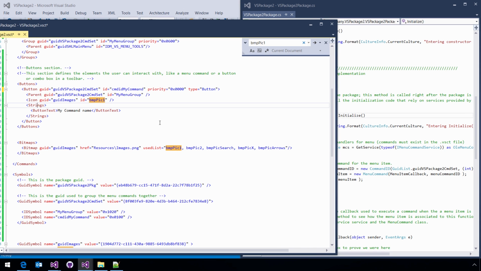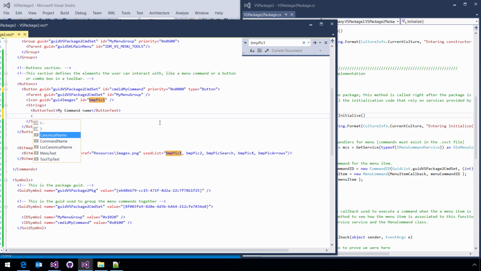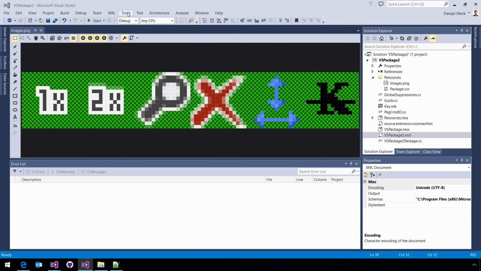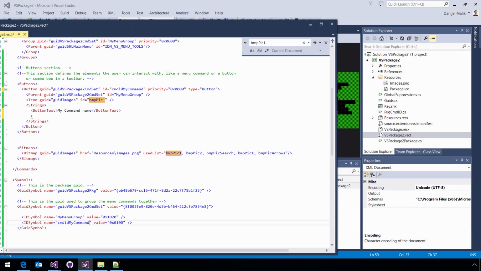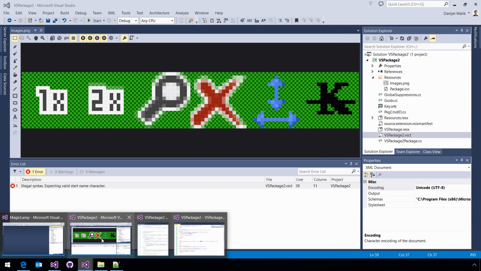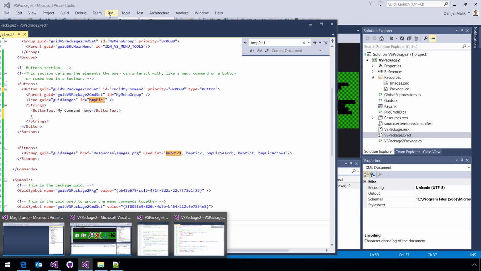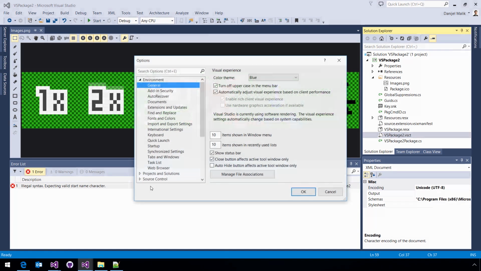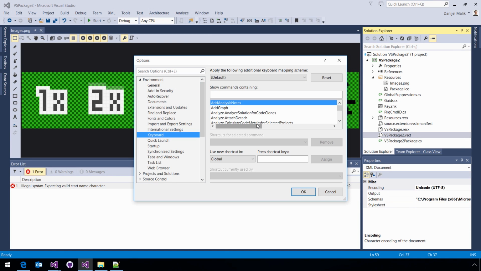And the last bit is strings, where I defined what I want to actually use. So there are a couple of other things. So I have a button text, I can define canonical name, what will be the command name. So if I want to change how it will appear under command line. So if I go here, not in this guy, is the other one still open? No, it's not. Okay, I'll just demonstrate this here, but let's say if I want to change something in keyboard,